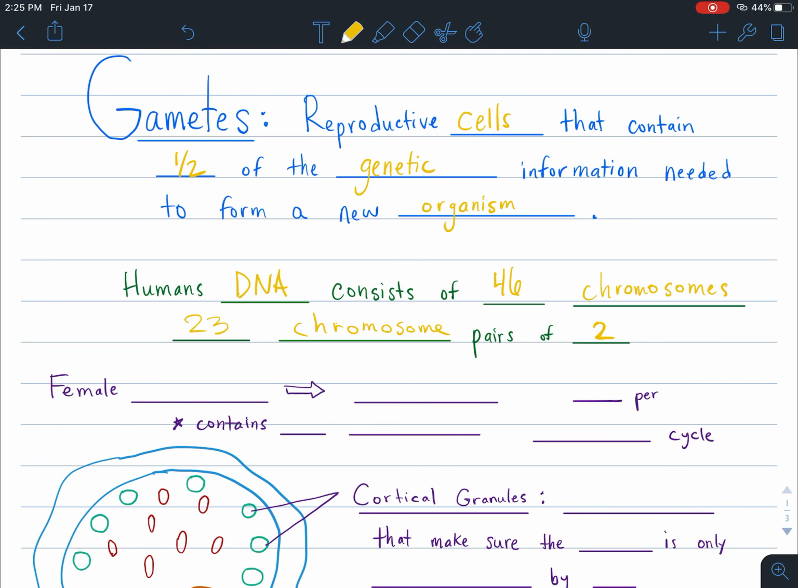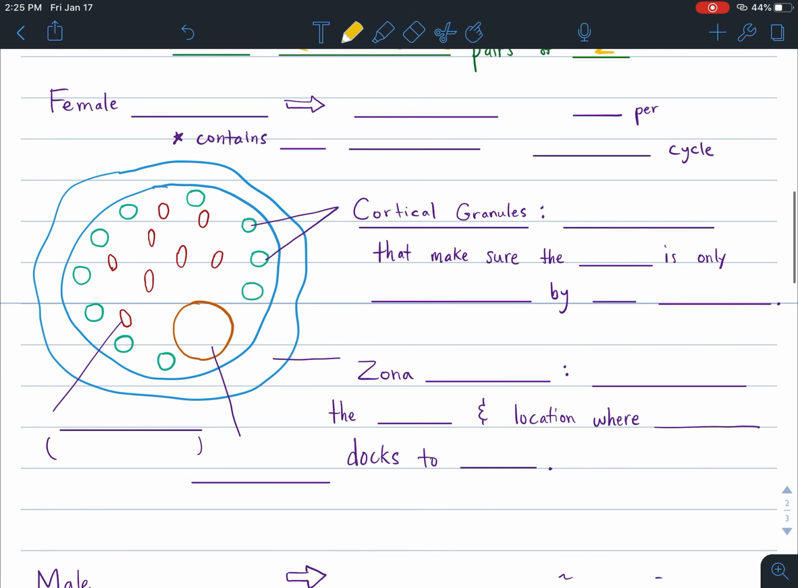And if we start here with the female gamete, this is also known as the egg cell, or also known as the ova. And since it comes from the ovaries, that's how we get this term ova, or maybe vice versa. But there's only one ova, or one egg cell, per menstrual cycle. So every time a female has her period,